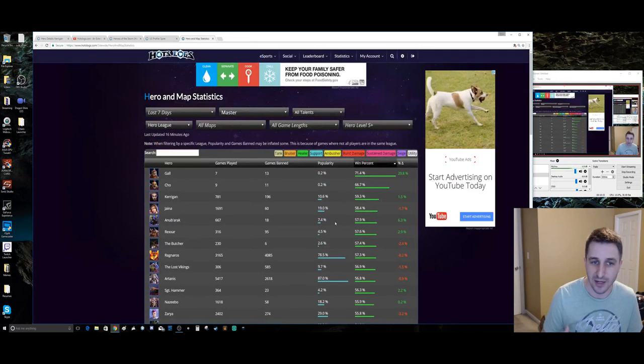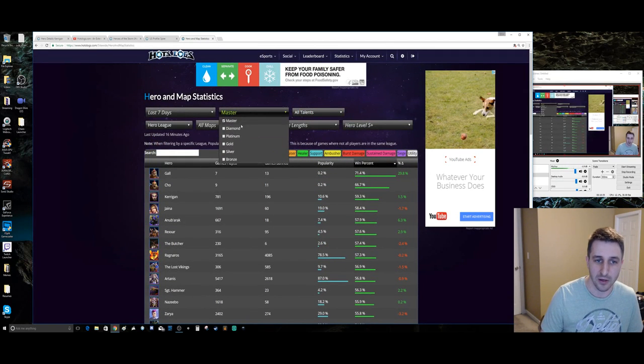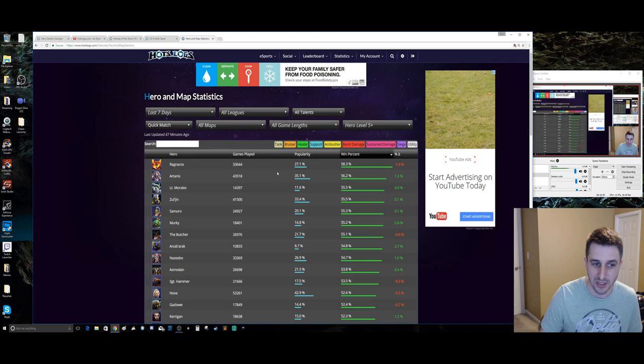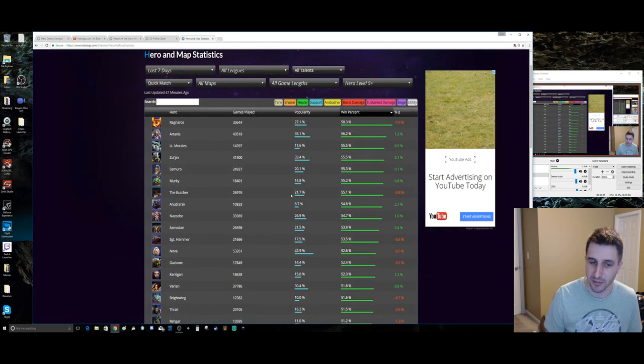So what I do whenever I start up a Hero League game, and this is basically how I grinded from gold to diamond, okay? We're parsed for Hero League. You could do it for Quick Match. If you wanted to rise in MMR in Quick Match, then you would look at these top 10 heroes, top 20 heroes, and say, you know what? I play Ragnaros really well, I play the Butcher really well, I play Nazeebo really well,